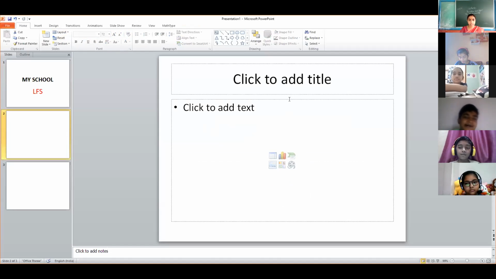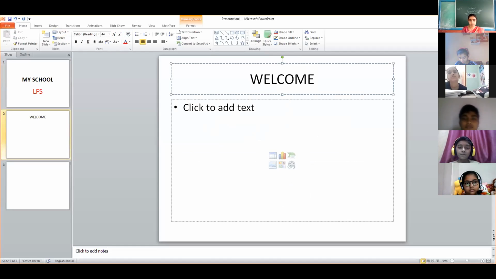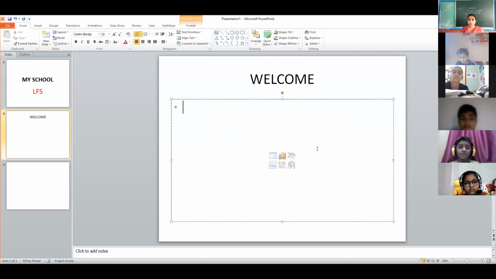On the second one, let's have something else. Now here, in this particular area, I want to add a sound, so that whenever this page comes and when I click on that, a sound should be played.